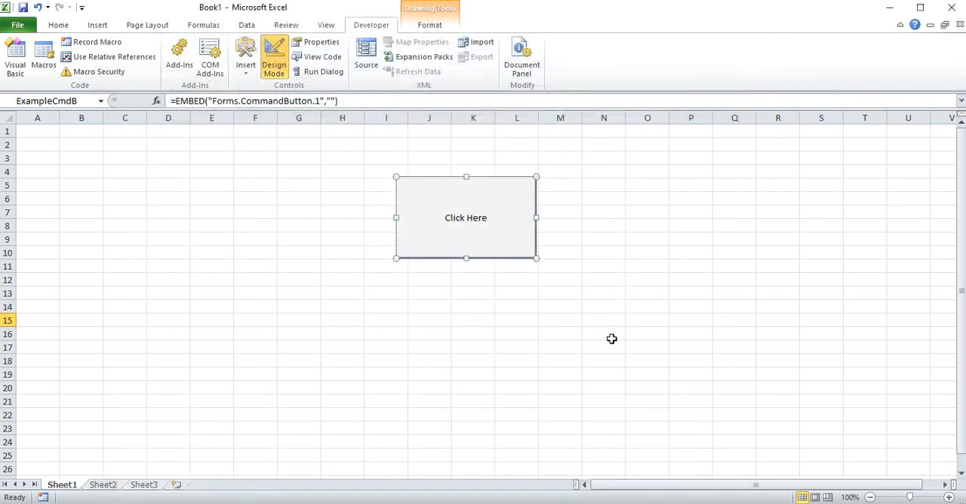Now, in order to run my code, in order to execute my code to see if it's correct, I need to try it out. Now, if you remember, my code said if I clicked my button, the code should run. So first of all, I need to come out of design mode. So in developer tab, you'll see design mode is on. I'm going to take that off. Did you see that the handles around the command button came off as well? So now I'm going to click on the button,